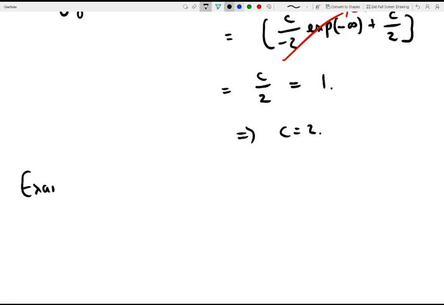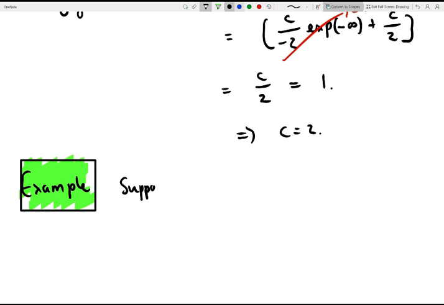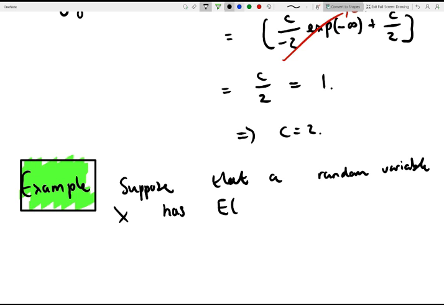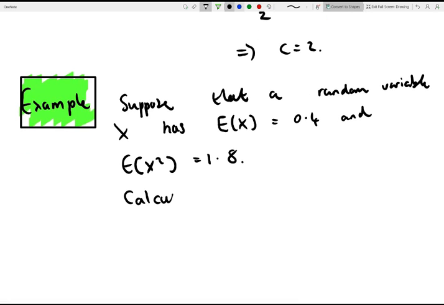And another quick example now. Suppose that a random variable x has expectation equal to 0.4 and the expectation of x squared is equal to 1.8. Calculate the variance of x, and our solution,